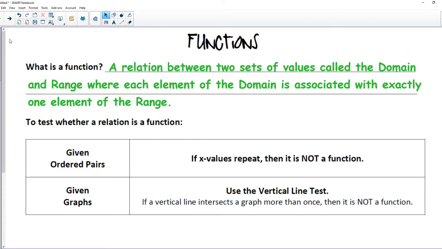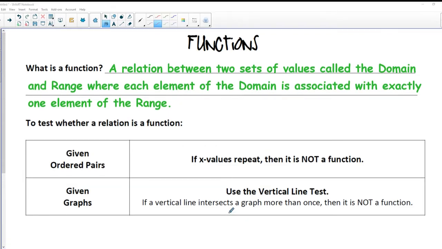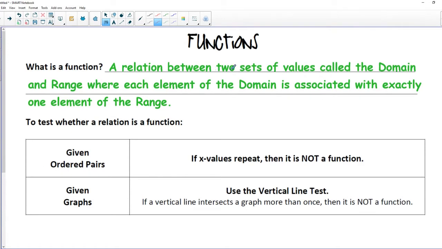So this video is a review of functions, what they are, and how to identify them given different representations. So the proper definition is a function is a relation between two sets of values. Those sets are called the domain and range, where each element of the domain is associated with exactly one element